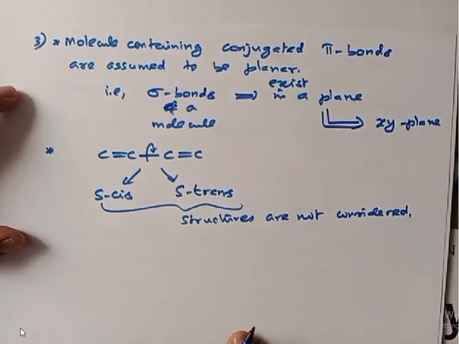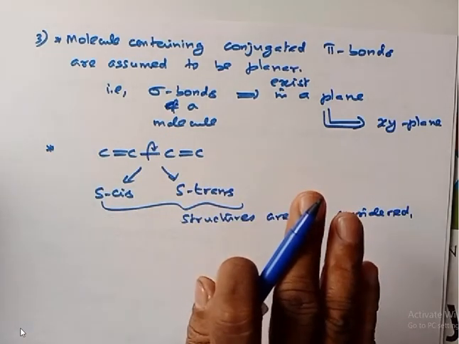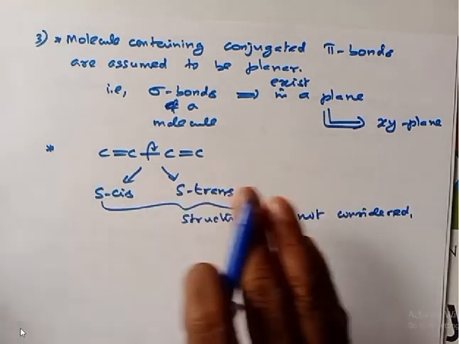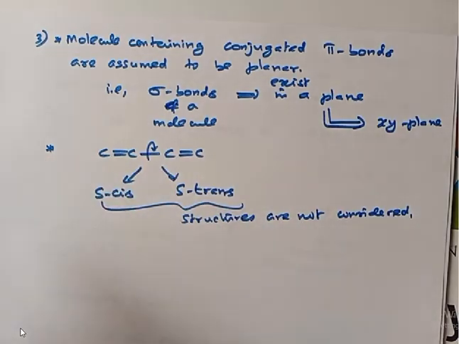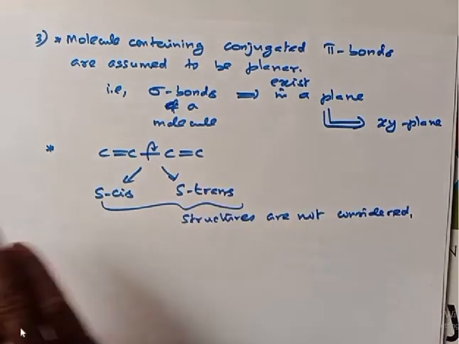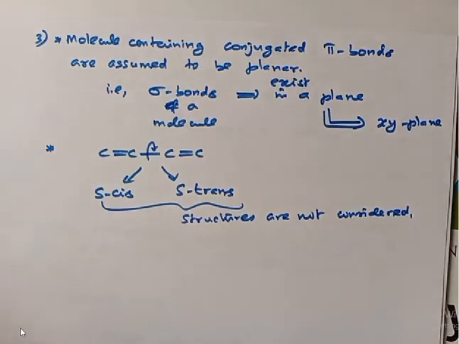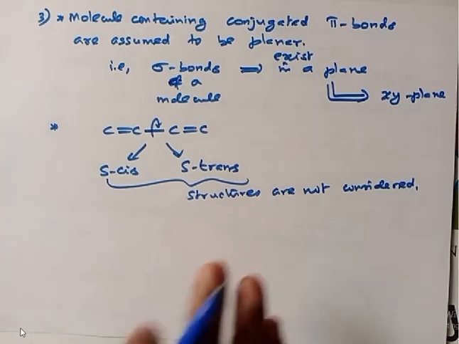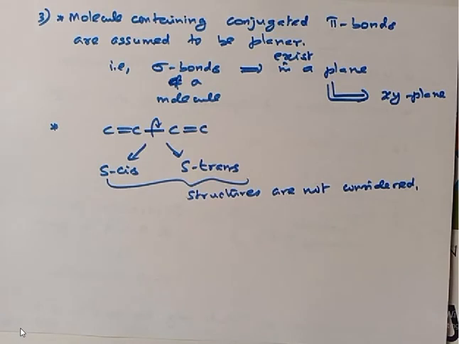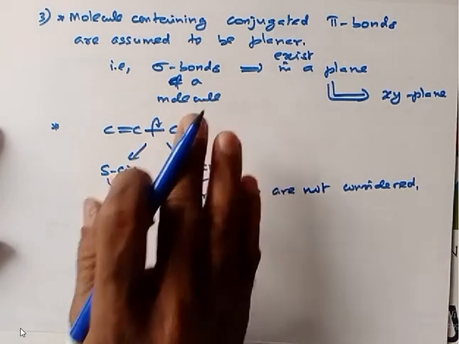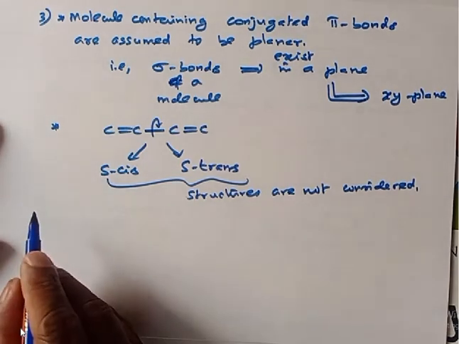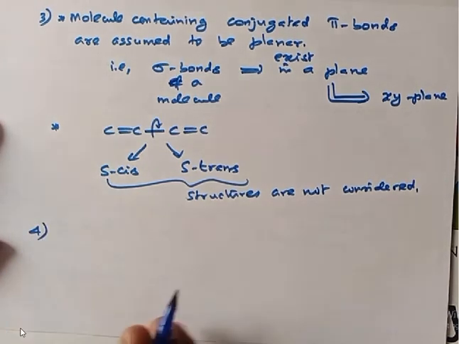right? The molecule is assumed to be planar, and all pi electrons are freely moving from one end of the molecule to the other end of the molecule. It is completely delocalized, right? Then this is the third important assumption that Huckel made. Then the fourth assumption is that